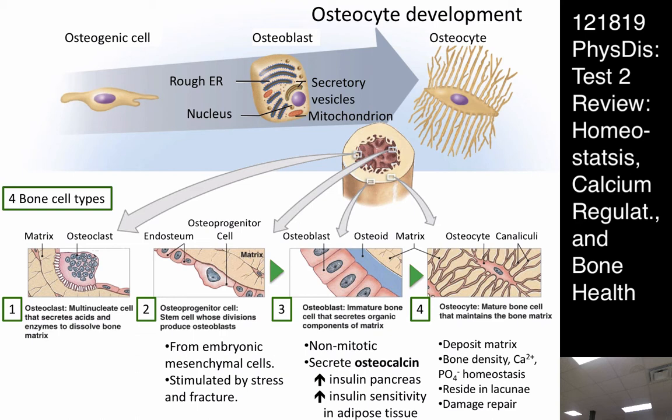They're enormous cells that have many, many nuclei in them. You don't need to know those facts. What you should know about them is that they are the bone-dissolving cells. They release acids and enzymes that dissolve the mineral content away from bone,